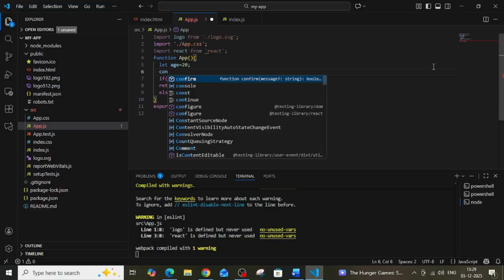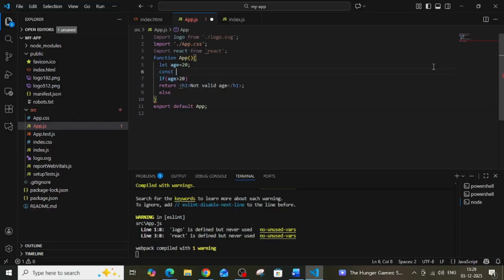So what we will do here is write a constant value is equal to this. We can define here,